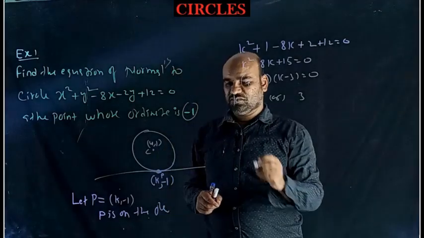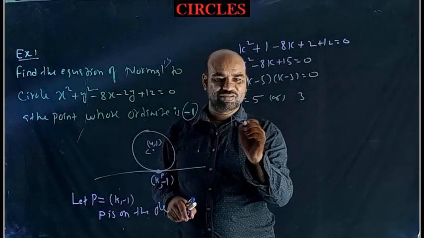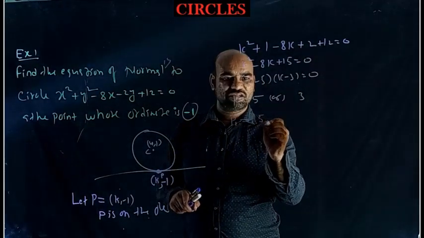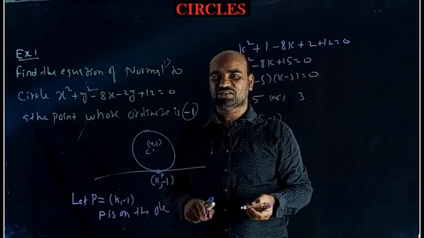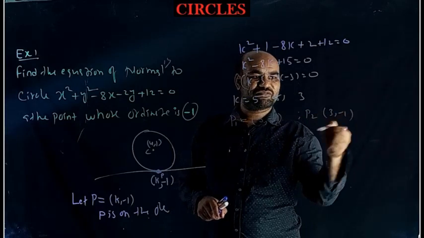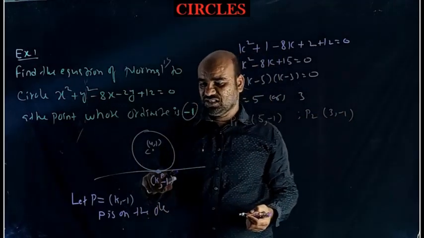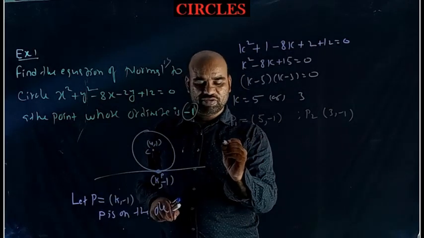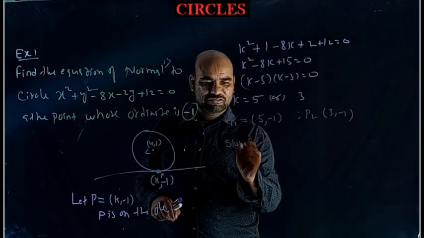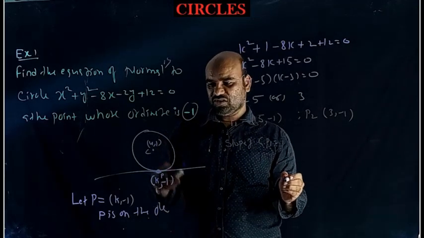Okay, first of all, the first point, say that one is P1. I am saying P1 is equal to (5, minus 1). At this point you want to find the normal first. After that P2, which means (3, minus 1). At this point also you want to find the equation of the normal. Okay, just CP1, slope of CP1, two point form, minus 1